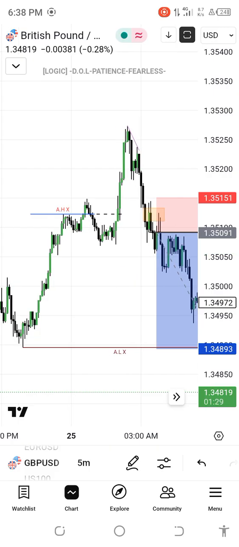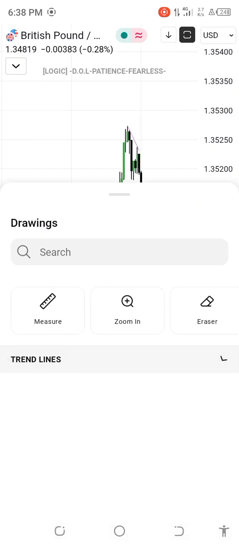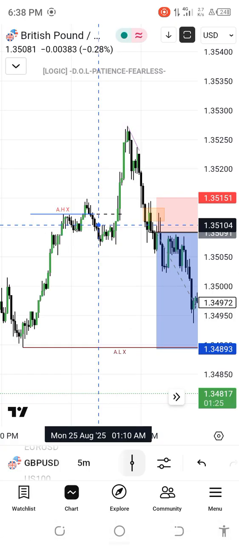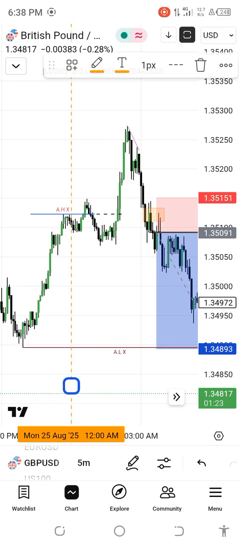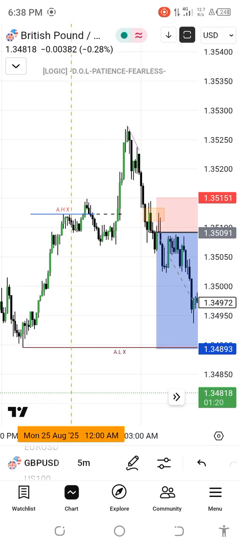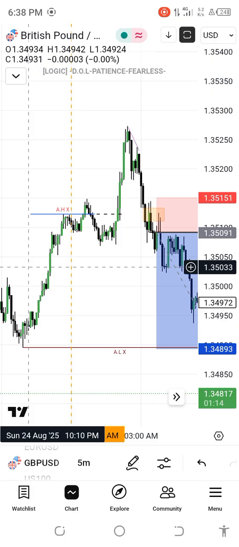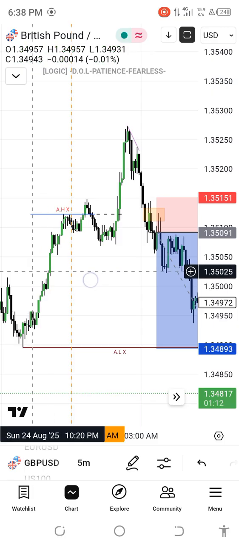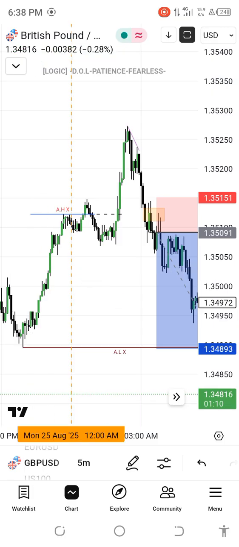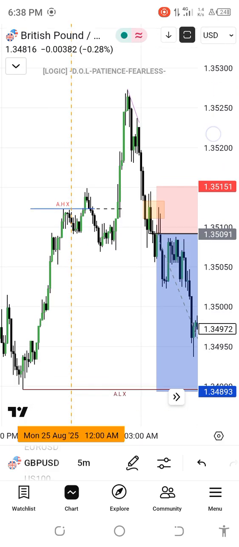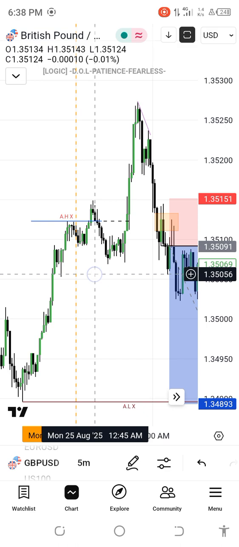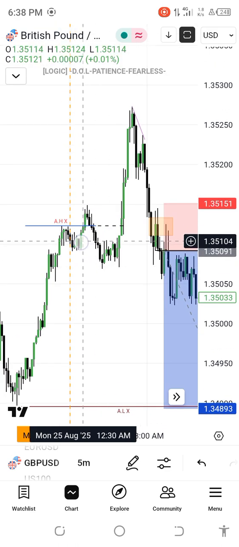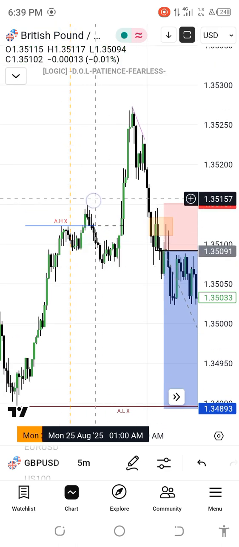Now here, sorry, let me put this vertical line on here. Right there is where the trading day started for today, Monday. And we all know that the Asian session runs between 8 p.m. and 12 a.m. So when the market opened today, you see right here how it ran through the Asian high, took out liquidity,